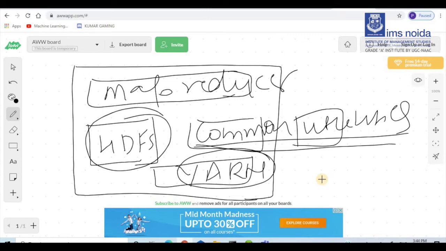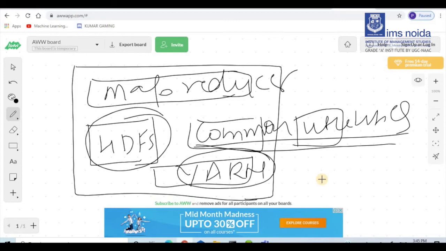Are you getting my point? You must be aware of this. You might have heard about this in your operating system subject, how to manage the resources, in terms of processes and in terms of resources. Similarly, since you are all MCA students, I hope some of you know what exactly the resources are.